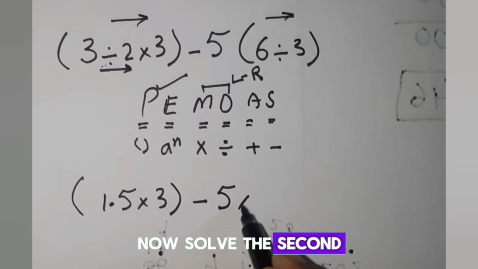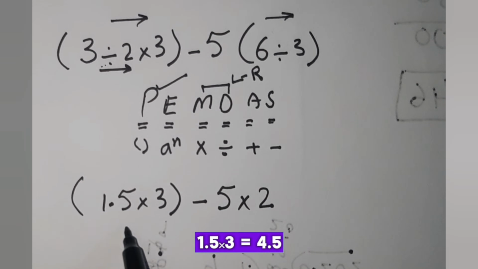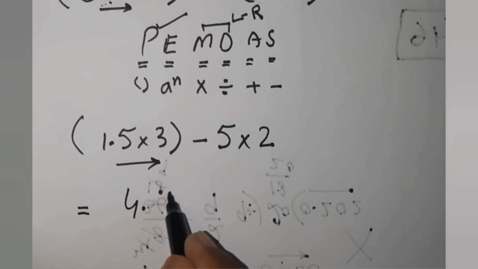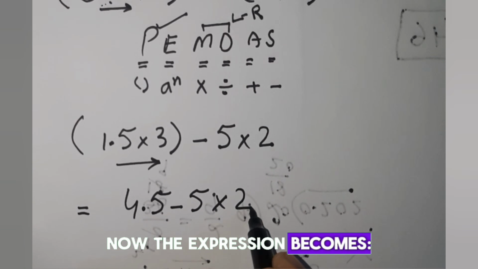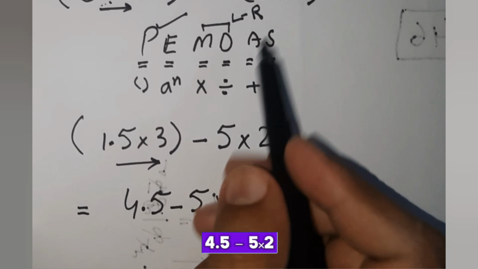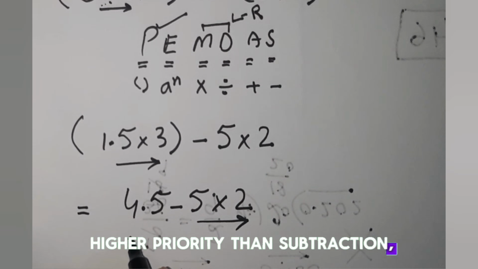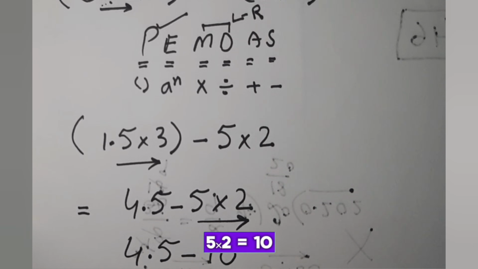Now solve the second parentheses. 6 divided by 3 equals 2. 1.5 × 3 equals 4.5. Now the expression becomes 4.5 − 5 × 2. Since multiplication has a higher priority than subtraction, we solve multiplication first. 5 × 2 equals 10. So now,